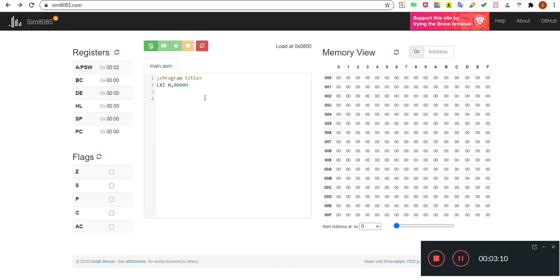The next instruction is MOV C, M. Move the content of memory location 8000H to register C. Whatever data is available at the 8000H location is moved to register C. After that, the next instruction is INX H, which increments the content of the HL pair.